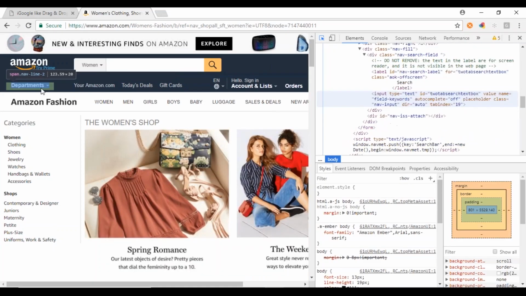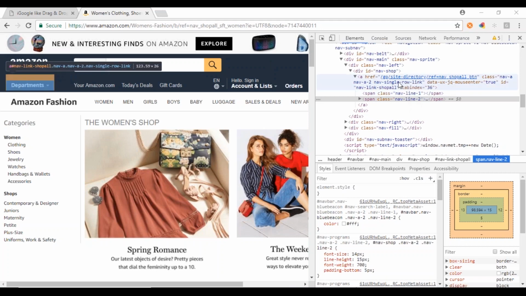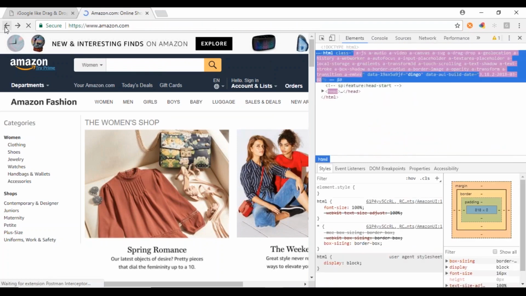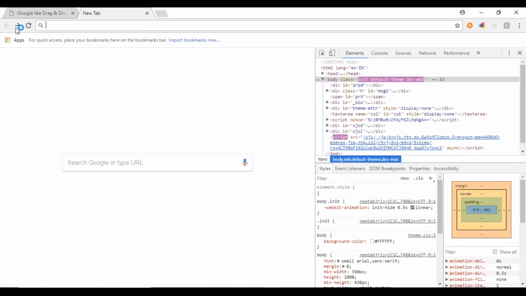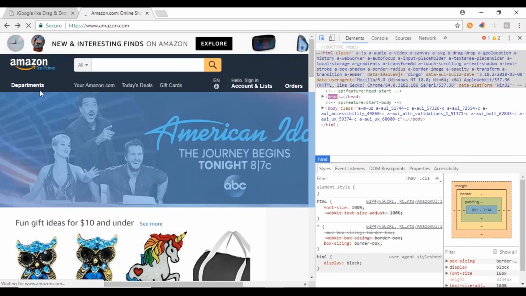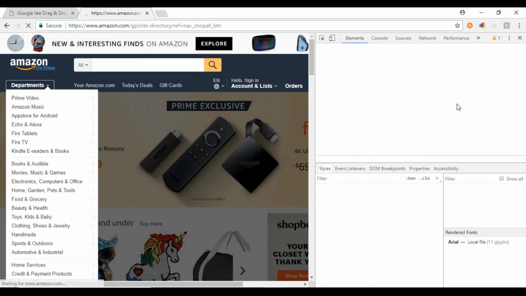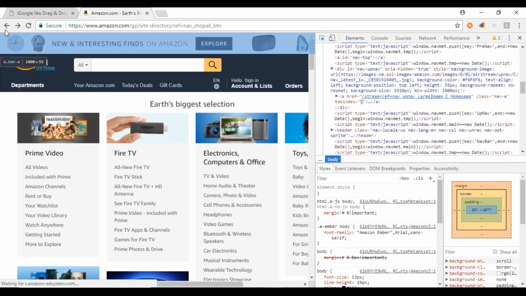I will identify this element. So it is a span, and you have nav2. So let me see this. Where do I find the proper value for that? So this is line 1, this is the one, but let me identify it properly. So let me go back. Wait. It has to be proper. Amazon.com. I'm sorry. Yes. Now I'm going to identify this element, which is your departments. Let it load. Now, yes. Here. Okay. Oh, I just clicked on that. That's the problem.